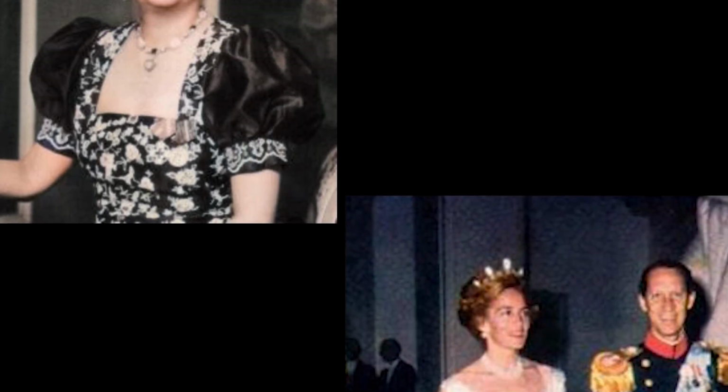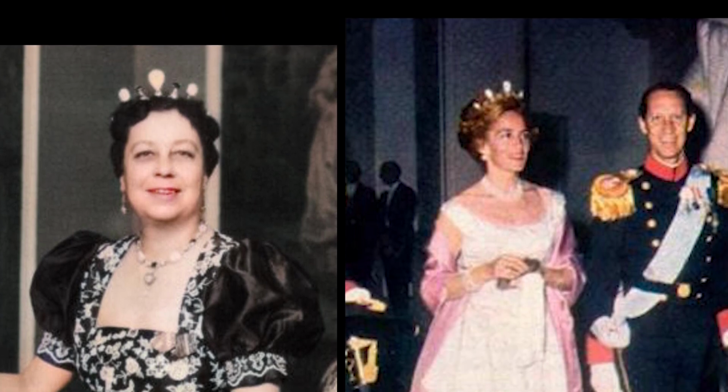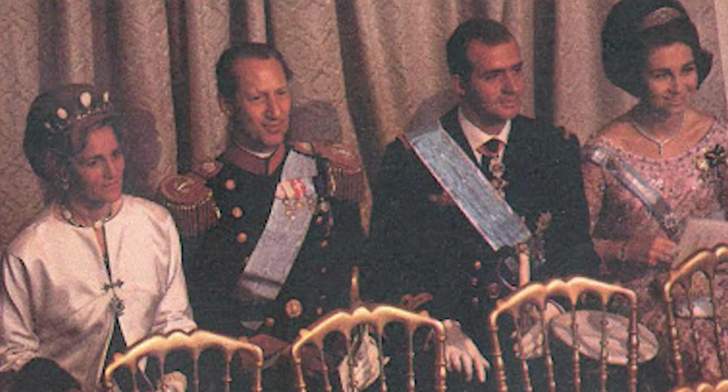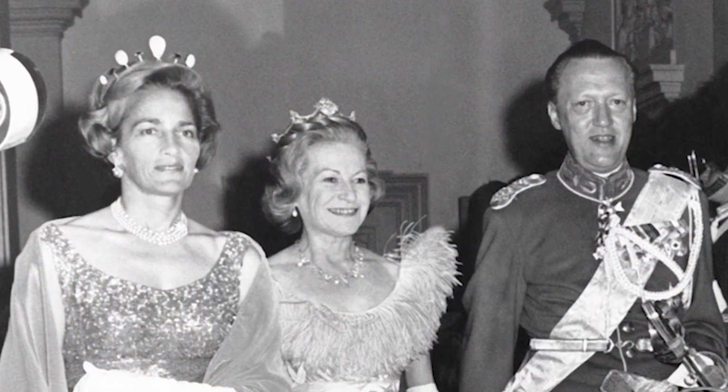However, recent research by historian Trond Norén Isaksson has debunked much of this narrative. According to Isaksson, the tiara worn by Princess Viggo and Countess Ruth was never Princess Marie's opal tiara, and it did not contain opals at all. Instead, Princess Viggo's tiara was a separate piece made from moonstones, zircons, and synthetic sapphires, and had no connection to